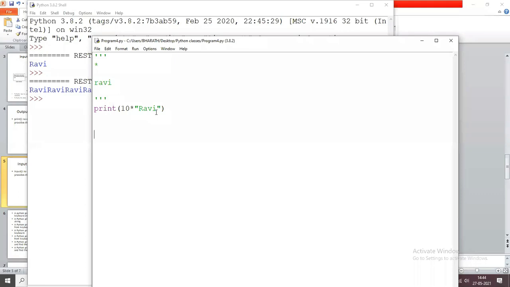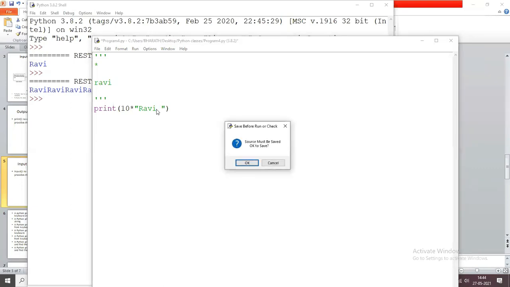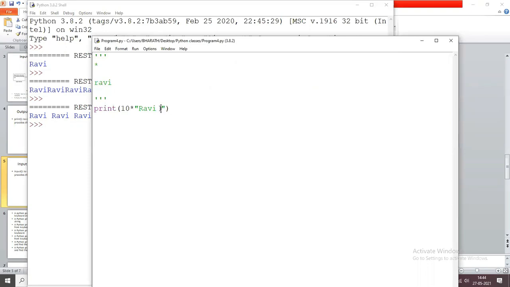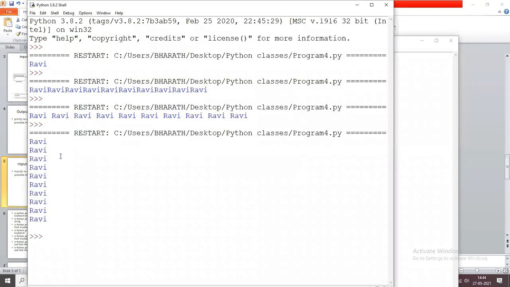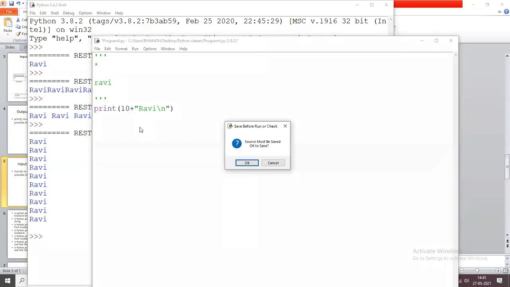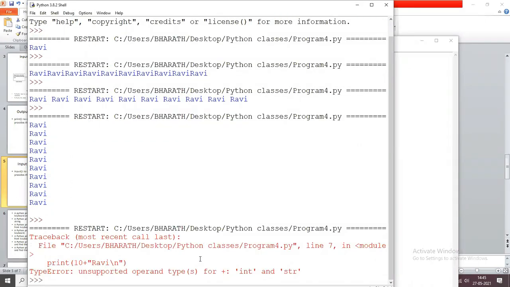For example, I want to give space here, then it gives Ravi space. If I give \n, it prints Ravi 10 times. Okay, so this is the repetition operator, and this is the concatenation operator.